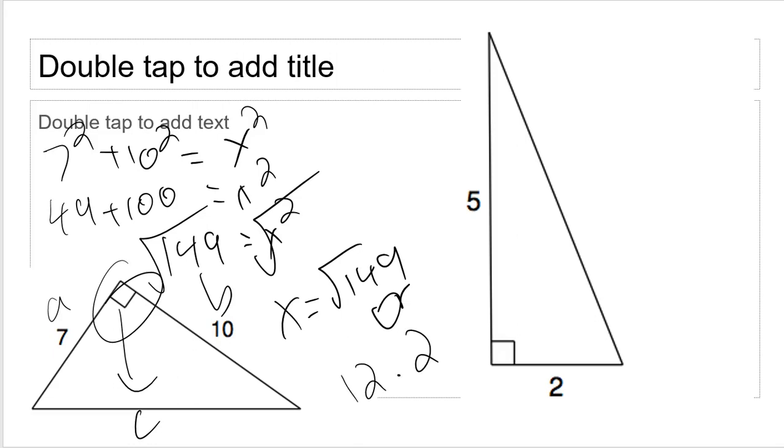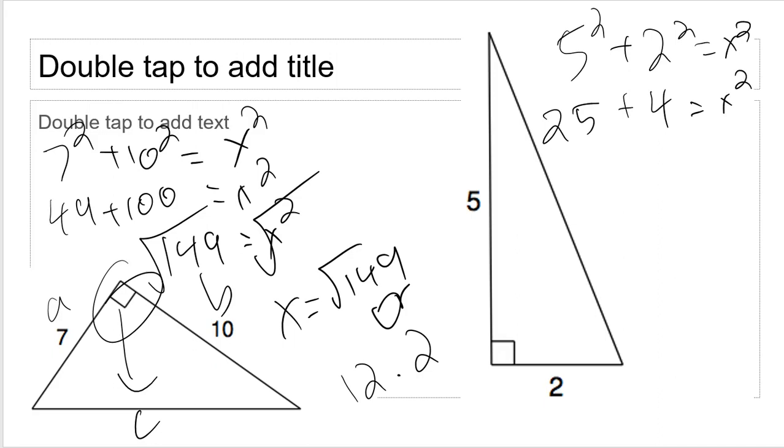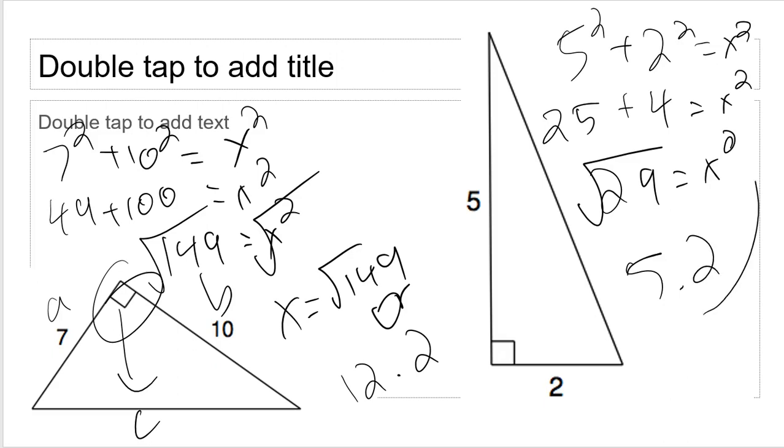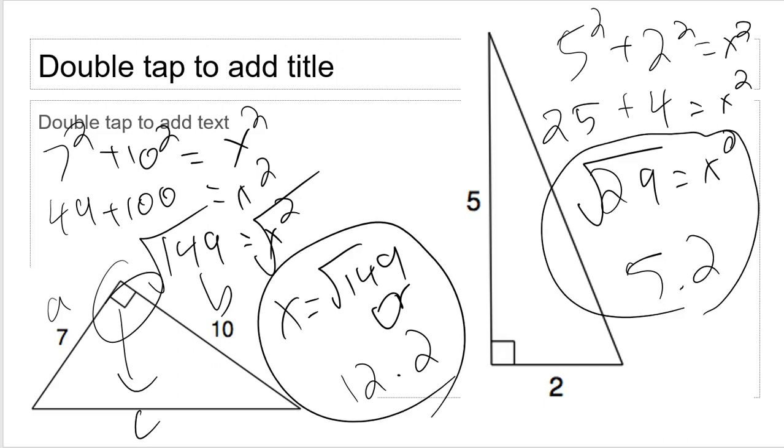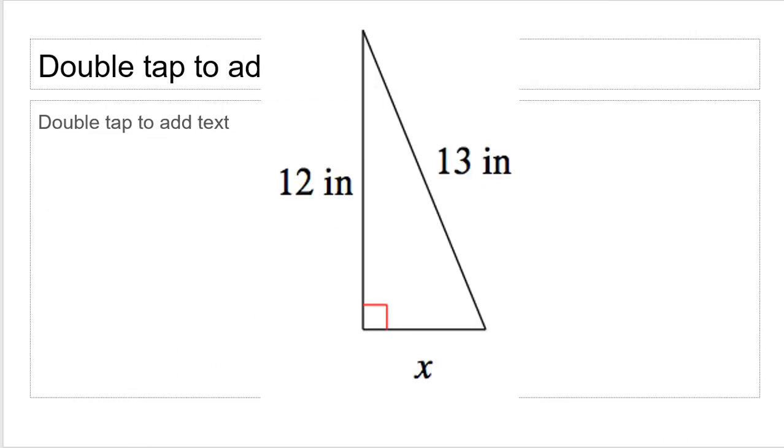So there you go. This one simply is 5 squared plus 2 squared equals x squared. We got 25 plus 4 equals x squared. You get 29 equals x squared, and you're going to get the square root of 29, or you're going to get, let's say, 5.2. So one of those is right. Both of them are right, actually. Alright, so in a problem like this,